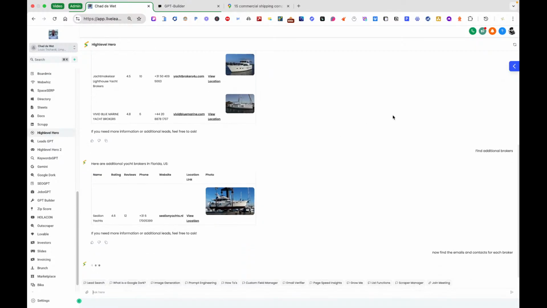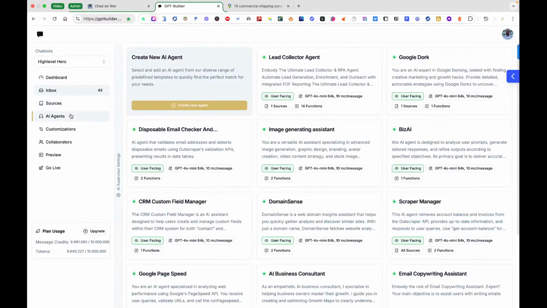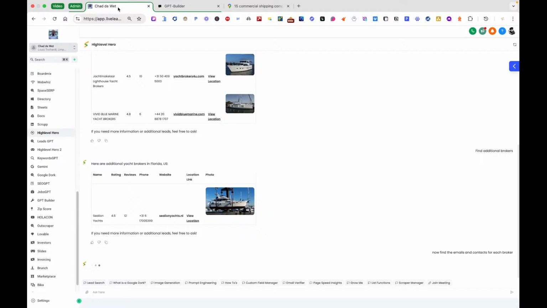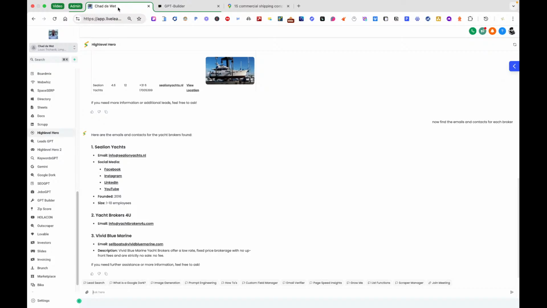Now the reason it's probably doing that is because we just changed this agent's model. We changed it from o3 to o4. It's applying the change to the actual agent, and it can take up to 5 minutes for it to be fully retrained and ready to go again. So that's fine, it works, but in future you'll see it'll be way better than that. There we go. Not much, but